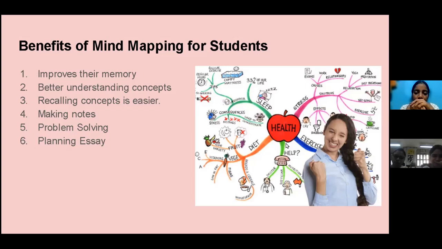Exercise is in blue color. Health is in green. Diet is in orange. And this is parrot green, and this is our tree green, right? Sleep and all, it's dark green. So we have all this. It's colorful. And next, this problem solving, as I told you, your stress is there. It's a problem. So it's problem solving. Cause and effect, cause and solution, both you are getting over here.